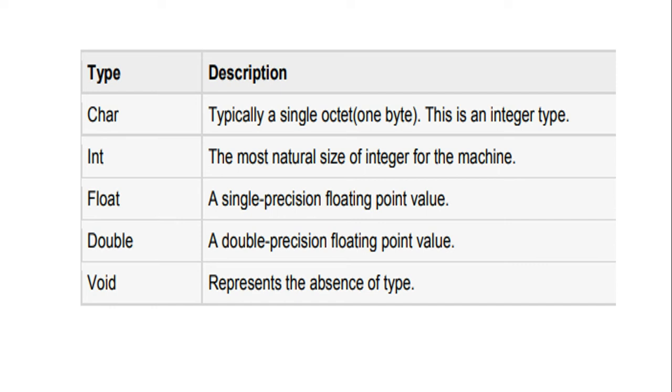What are these types? Char, int, float, double and void. Char represents a single character. Int represents an integer. Why do I want to write these keywords in front of the variable? While the program is executing, the machine will think that the corresponding variable is an integer or a double, and we have to manipulate the variable using that data type. So we refer to the data type using these keywords.